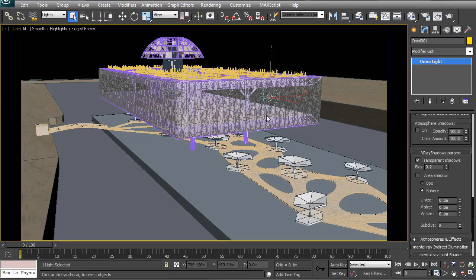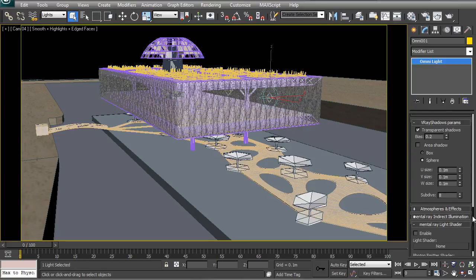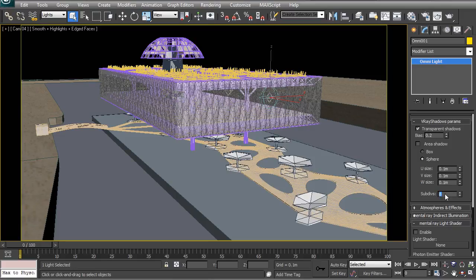As soon as you have an area shadow, there is a larger surface of light that is projecting outwards. So you're going to have less crisp shadows when you include that area shadow in your calculation. In terms of the subdivisions, these can be increased from 8 to about 16 or 32. I wouldn't really go much higher, and I would only do it for the lights where I absolutely see it